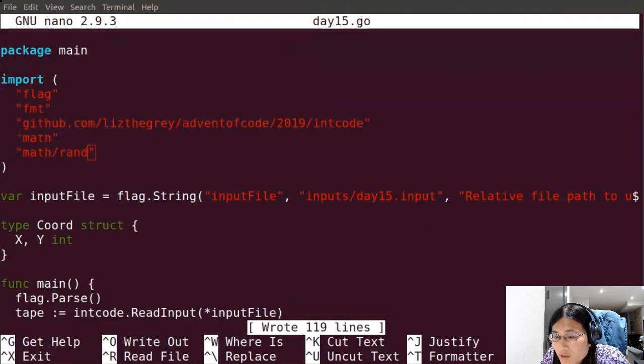Is there a way to do that? Let's see that. It's called int n. Great.